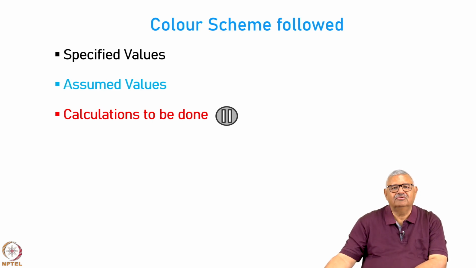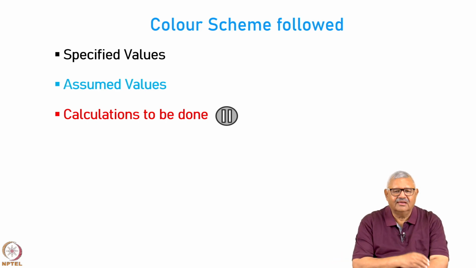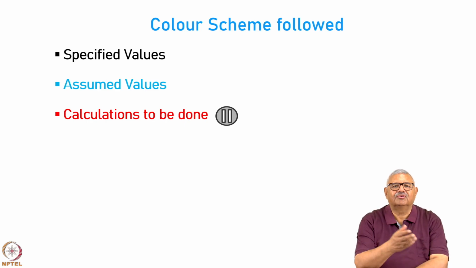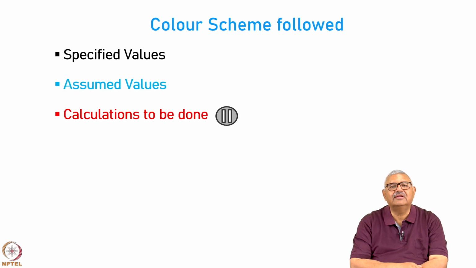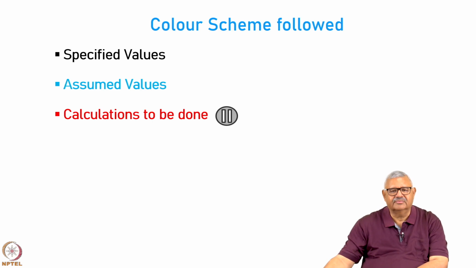So, that is why whenever you see an equal to sign and 3 question marks in red and a pause button, it is an indication to you that you have to pause the video. So, friends, if you do not pause the video and do the calculations yourself, this tutorial is going to be a waste for you, because I have seen over years by experience, only when you do the calculations yourself will you really understand the implications of all the various cost terms. So, I will strongly urge you to follow this scheme.